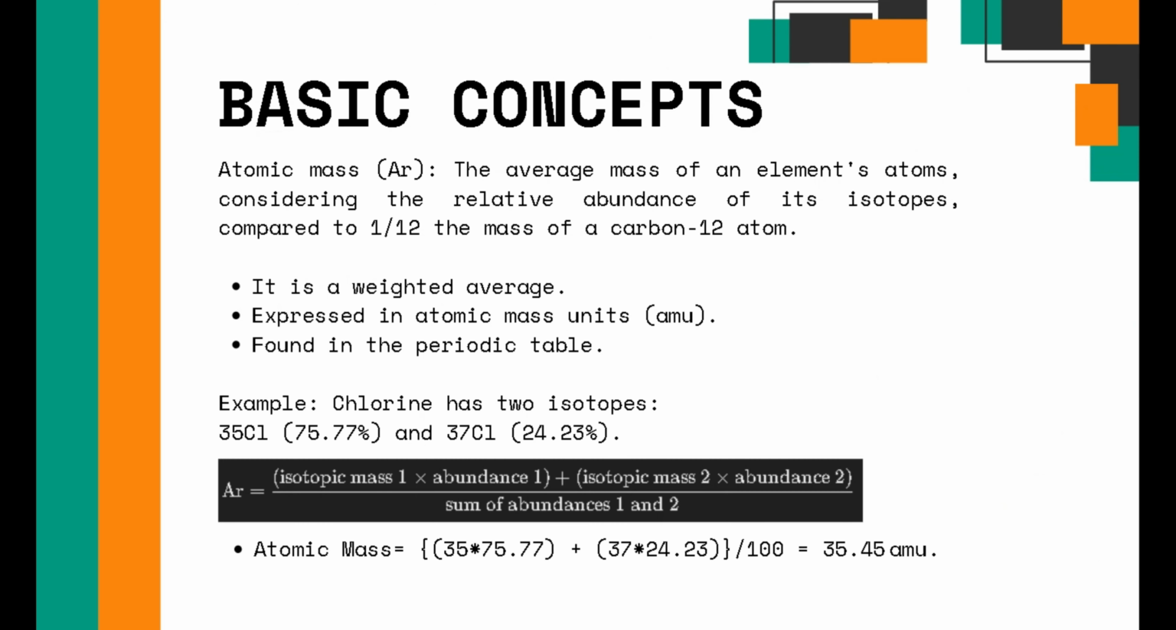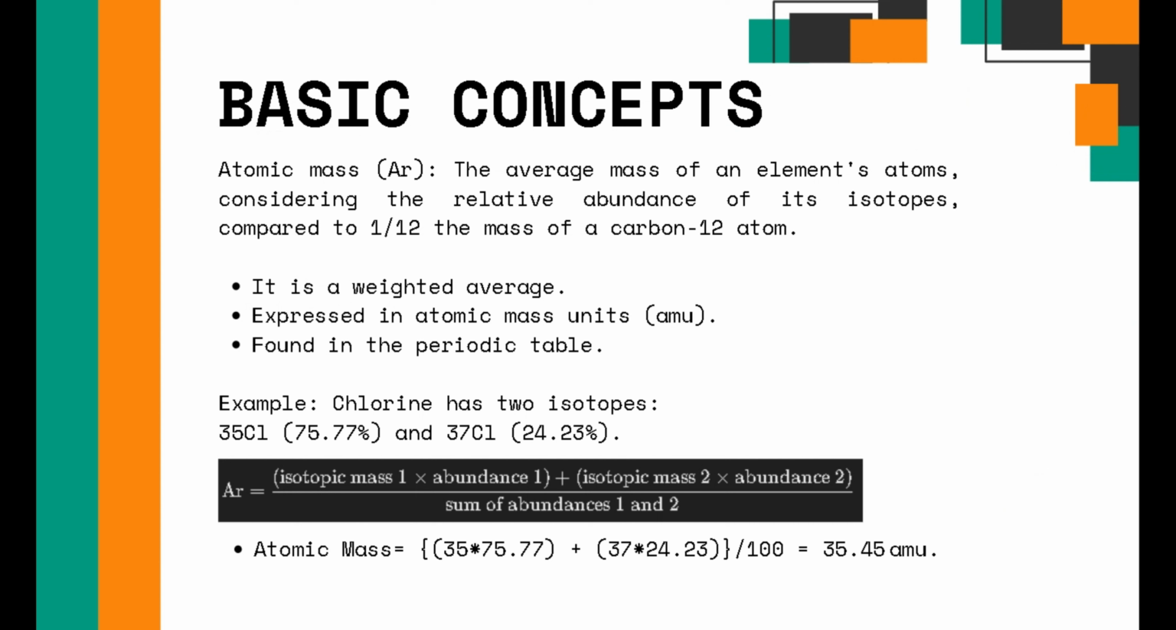Atomic mass is the average mass of an element's atom, considering the relative abundance of its isotopes compared to 1/12 the mass of a carbon-12 atom. You need to memorize this definition. You might not understand it now, but you will once we dive deeper into the concept. So mainly it's a weighted average of the element measured in atomic mass units, and it's mentioned in the periodic